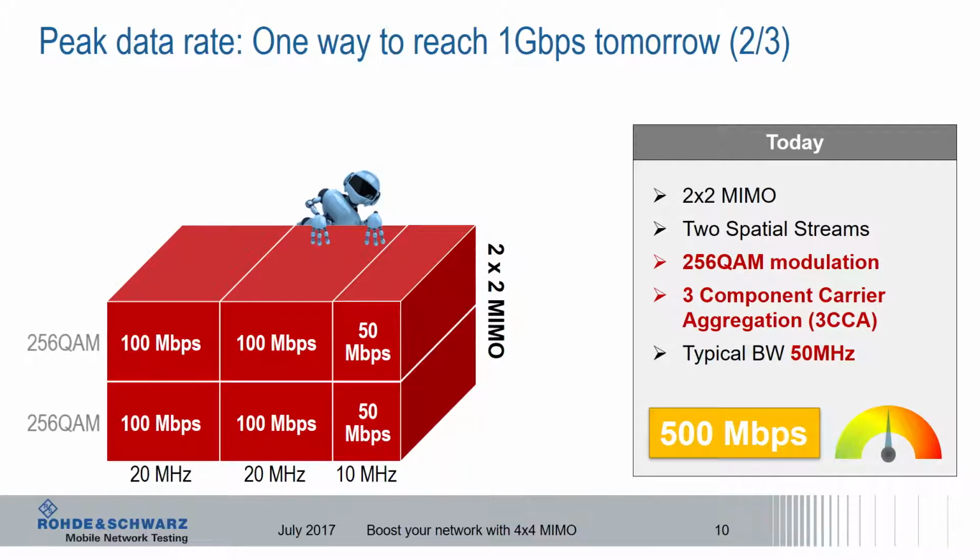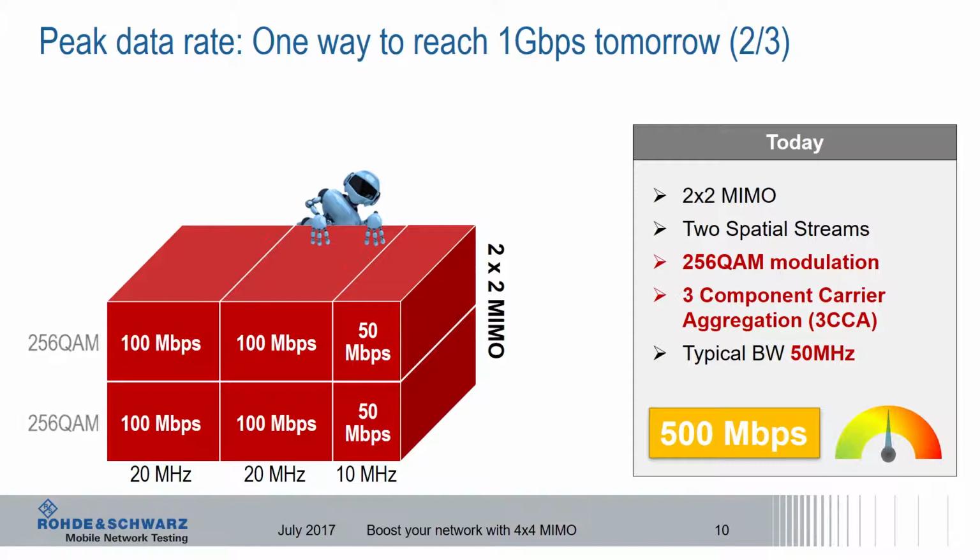Apart from the color that has changed, the first difference here is that each tube is higher now. So we are using 256 QAM instead of 64. And this means 1/3 more throughput. So a 20 megahertz wide tube can now transport 100 megabit per second. The second difference is we have now 3 tubes adjacent to each other, which represents the 3 carriers. So we have carrier aggregation here. In this example, 2 carriers with 20 megahertz bandwidth and 1 carrier with 10 megahertz bandwidth. So 50 megahertz in total.